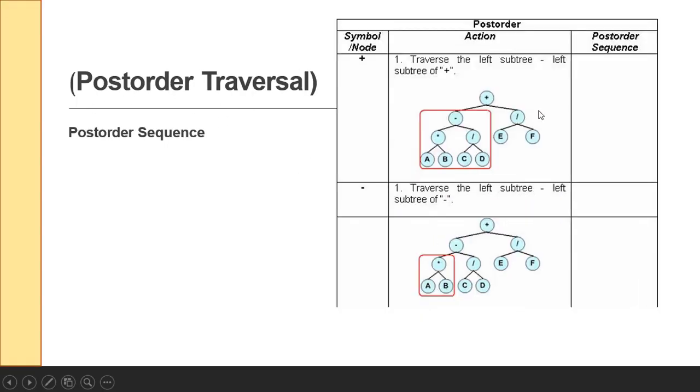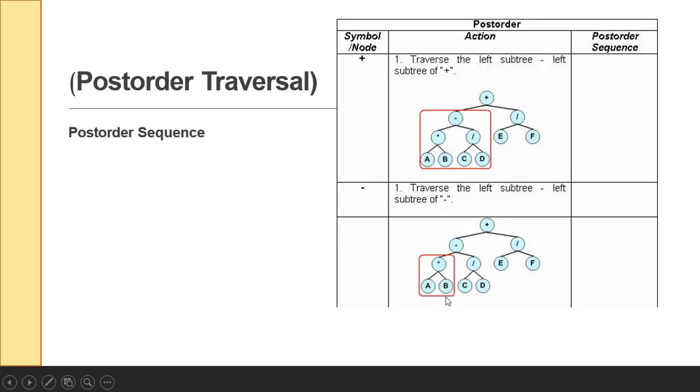Okay, what about the post order? In the post order, we still have the same binary tree, so all you have to do is apply the post order. In the post order, the steps are: first traverse from the left, traverse from the right, then visit the root. So all we have to do here is read the plus symbol. After the plus, we have to traverse from the left. If there are still more subtrees, traverse again from the left. If there are no more subtrees like this last subtree, all you have to do is